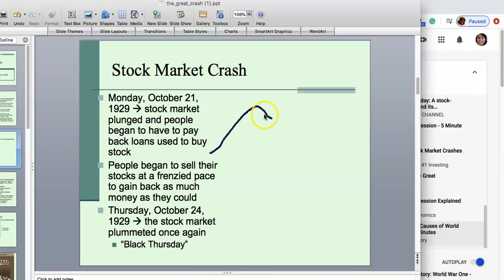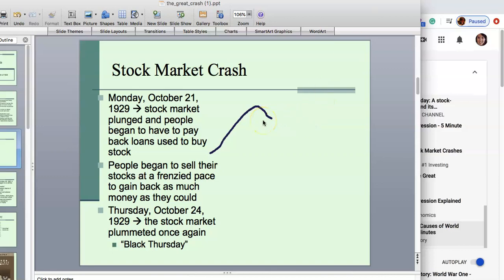So the stock market takes a small plunge, and people now have to begin to pay back the loans that they used to buy stock. Now, if people had been doing reasonable stock market buying, they were not speculating or buying on the margin, this little teeny hiccup right here honestly wouldn't have mattered. But because people were not doing safe, reasonable financial stock market buying,